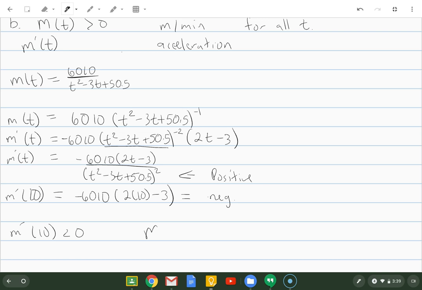So that means Mary is slowing down at time t equals 10. We don't care what the acceleration is. We don't care how fast she's going. We just care